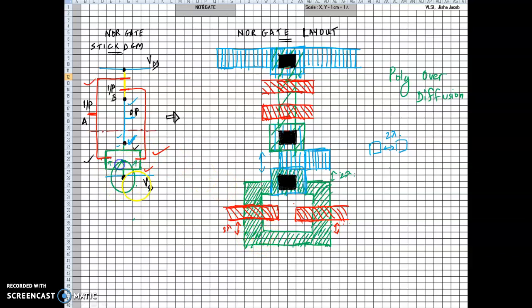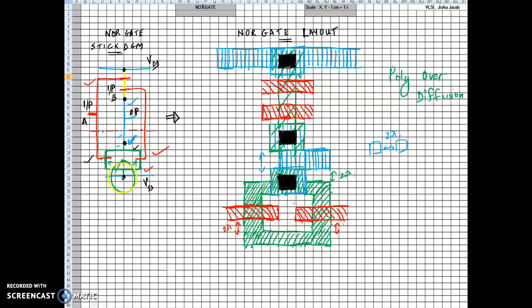Like I said, this neck need not be drawn. This is just for the case of the stick diagram, where we drew it to show clarity that source to source and drain to drain are shorted. So this clarity is not really required in the layout, because this is the actual layout, or the actual fabrication file. Okay, so I'm going to avoid that neck if possible. Let me see if it is possible.